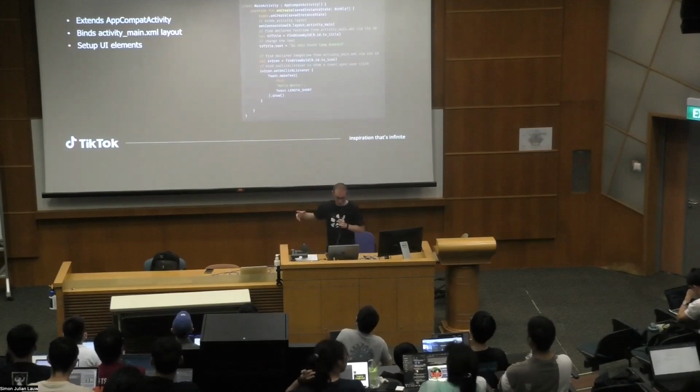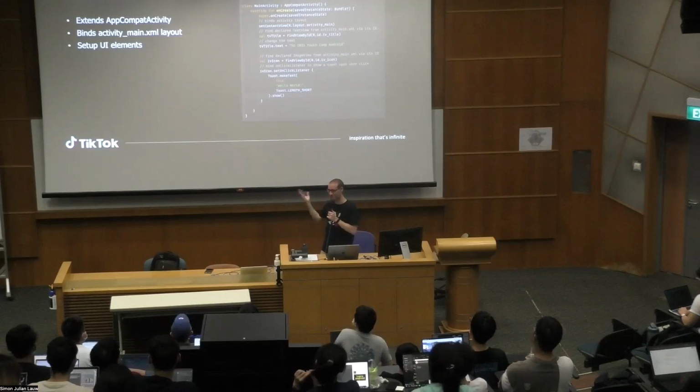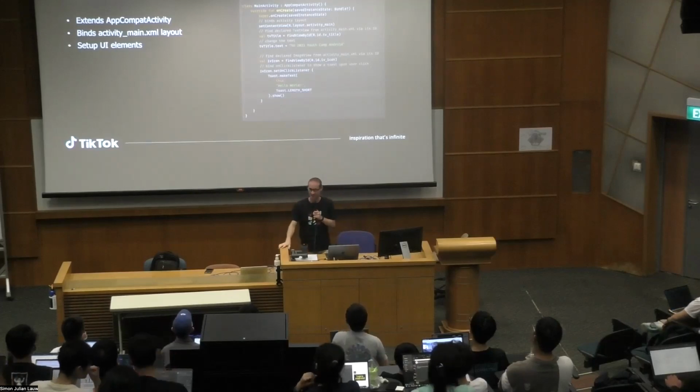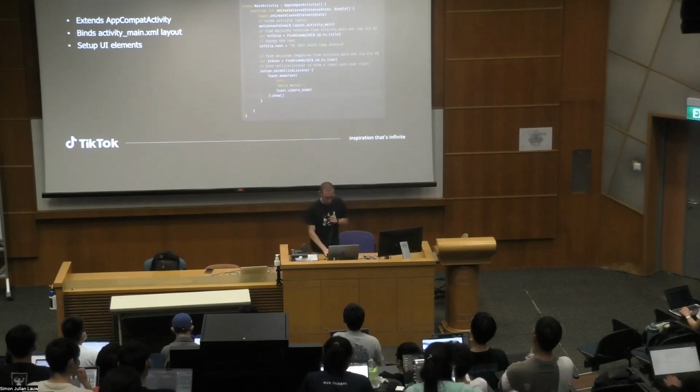In this case, it goes onCreate, so I just create the container. So what should I do? You should set the content view, so set the view. And the view is the activity main, which is the XML I explained just now. And I can do some interaction, which I'll explain again later. I can find the item in the view, and